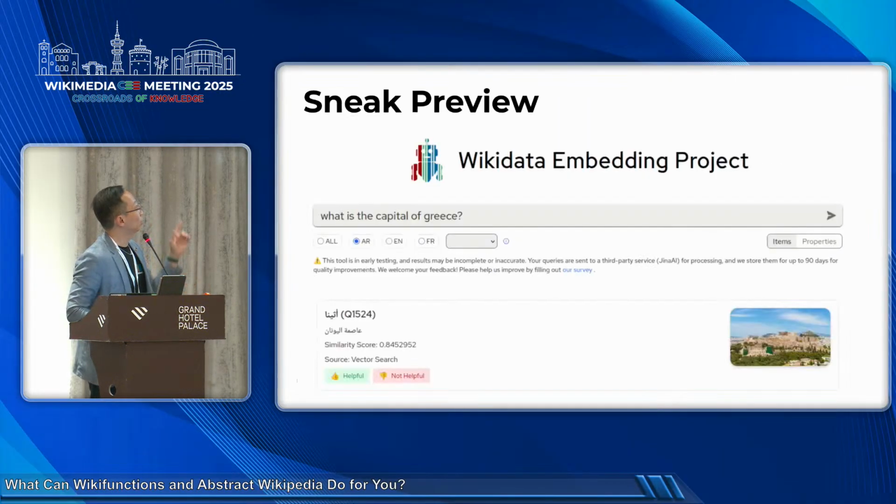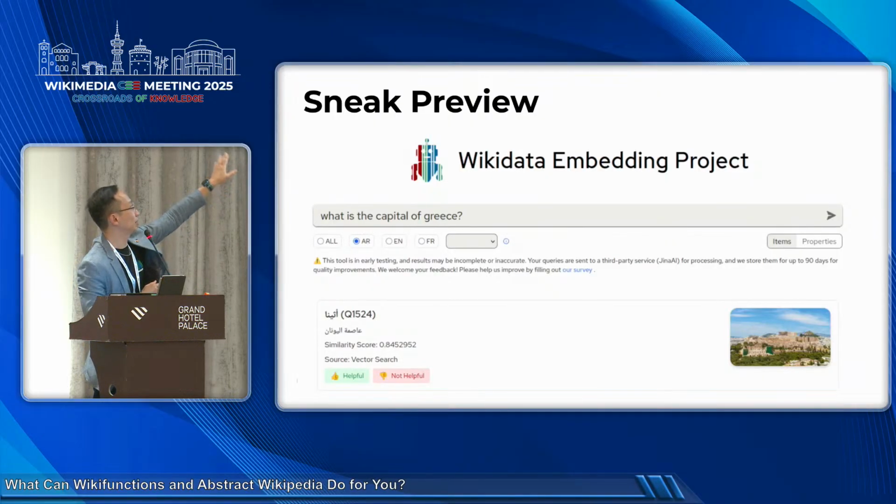So if you're interested, not yet. This is a sneak preview of the user interface that we have. Currently, am I allowed to announce this maybe? Currently we are supporting 3 languages, English, French, and Arabic. This is something that we are working on, and this is the interface.